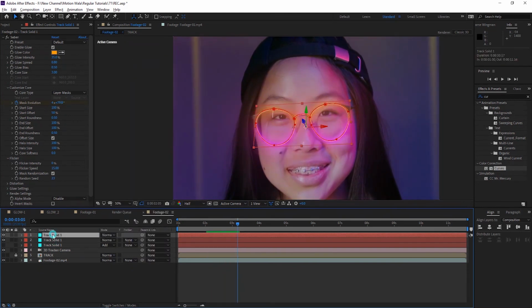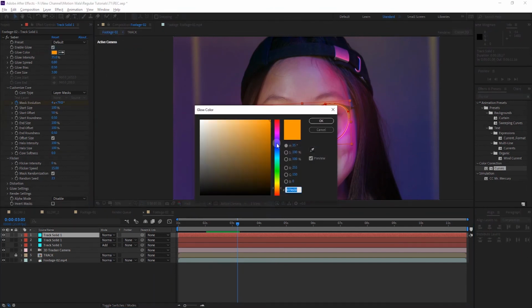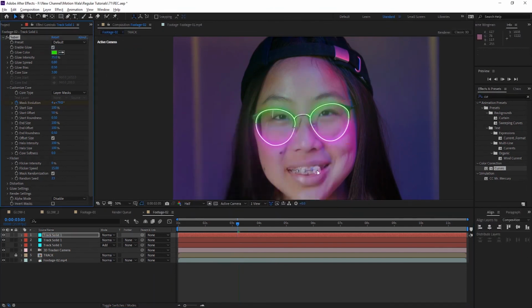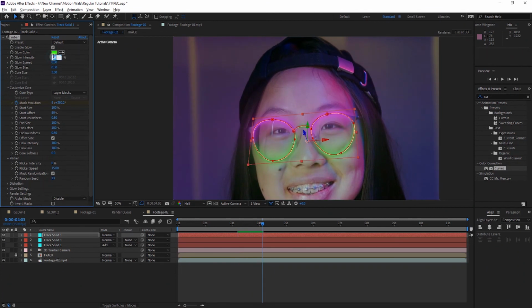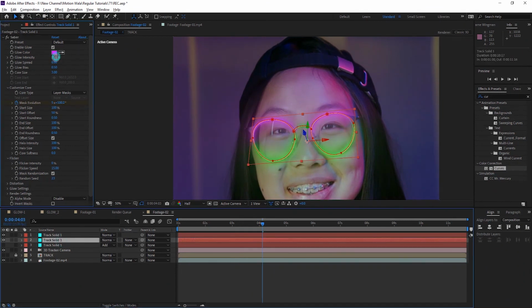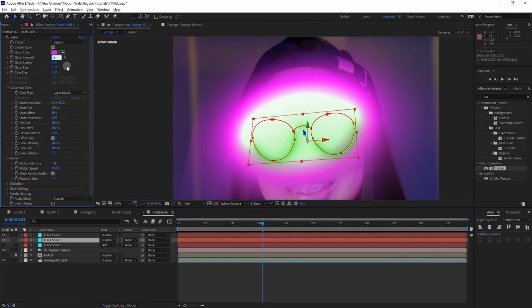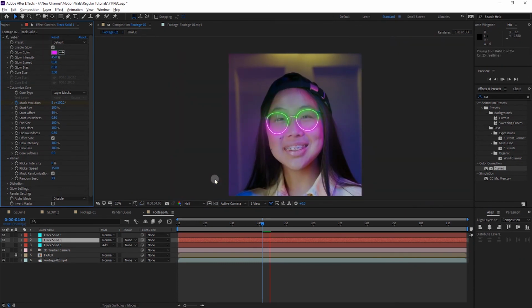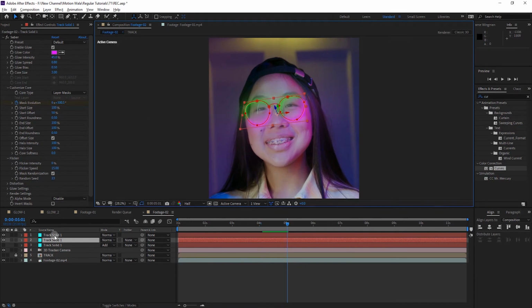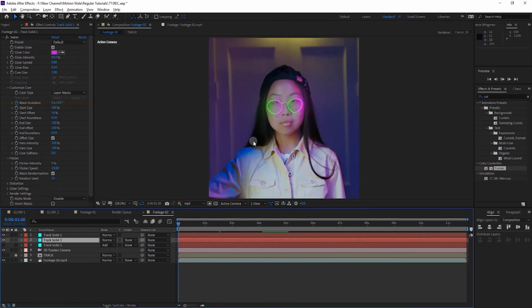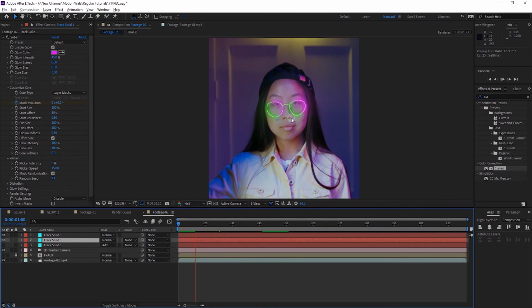You can see the orange color is not looking so good with this. I will add green, and now you can see it's showing and looking good, and I will change both glow to 45. You can also do this, you can add 3 colors there, you can add 4 colors there, but it depends on you.